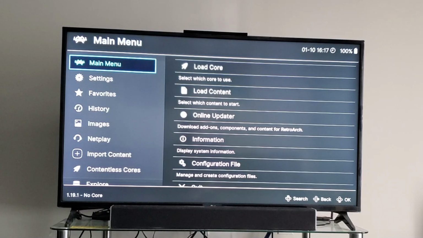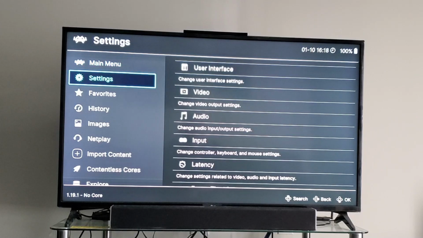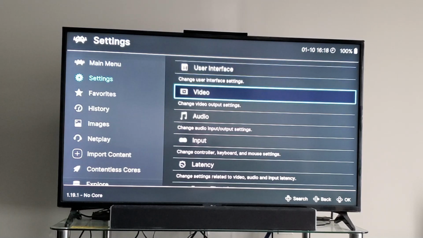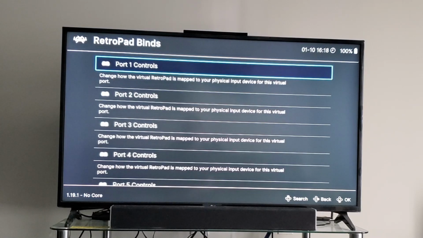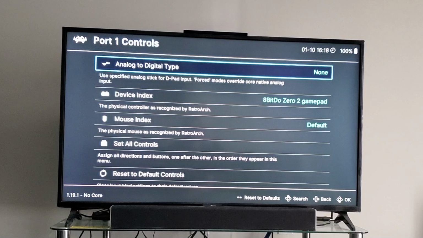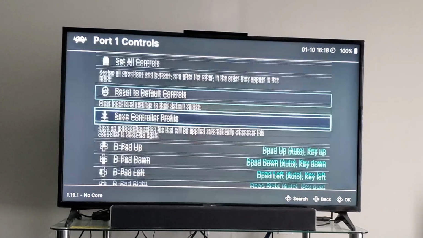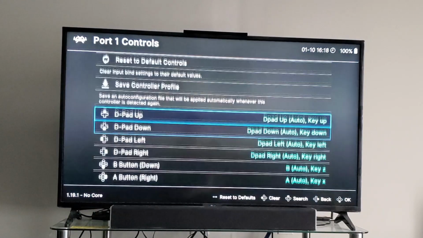change a couple things in our controller settings because our controller does not have an analog stick. And we need to use an analog stick to steer because we cannot use the D-pad to steer in Mario Kart 64. It won't let us do that. So we're going to need to go to Settings, Input, RetroPad Binds, Port 1 controls. And we're going to go to